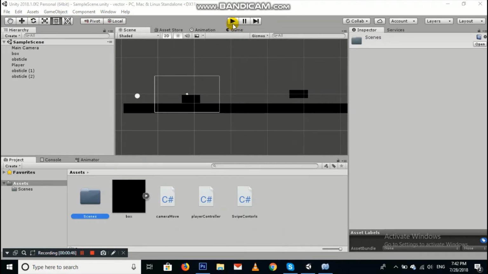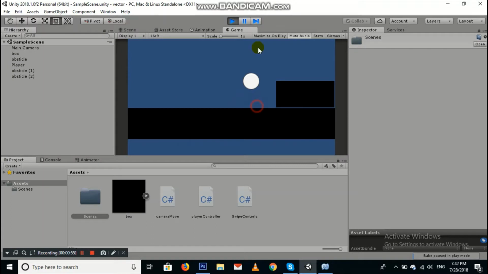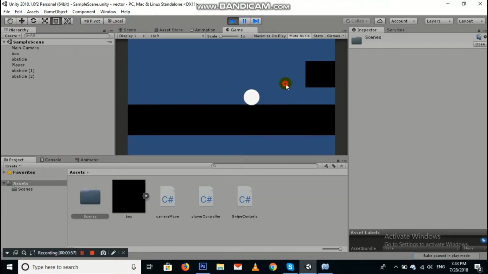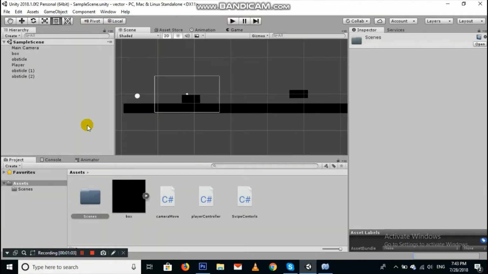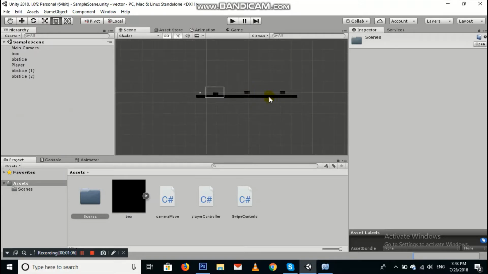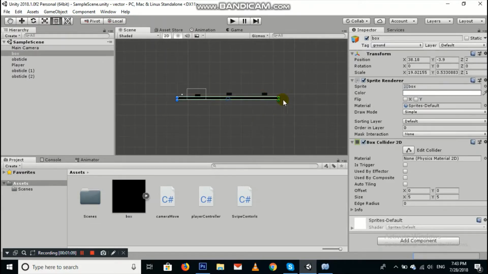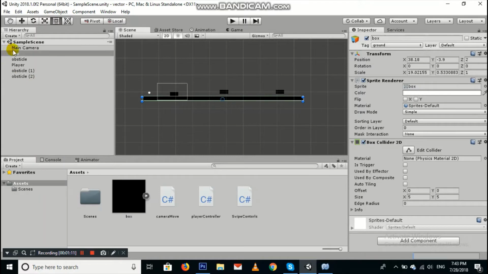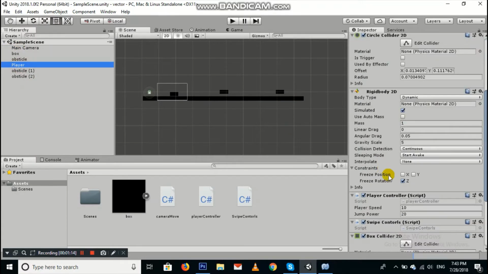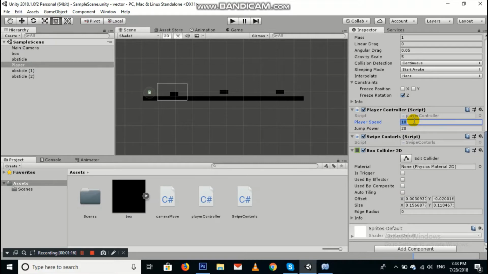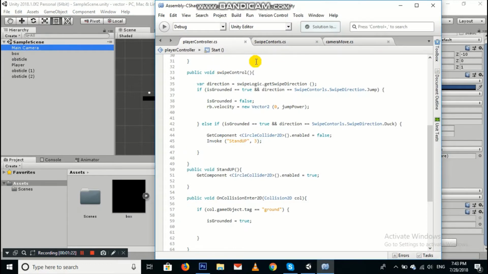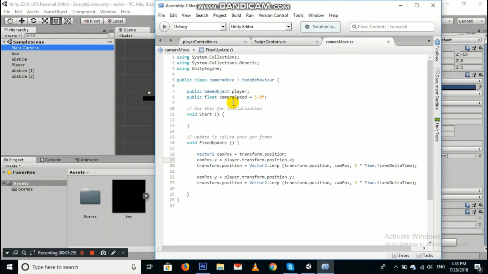Okay, so here we left off in our last tutorial in part 1. So now I'm going to check what we have made. Okay, so now I'm going to stop it and select the player and make the speed 0, and now I'm going to edit the camera script,